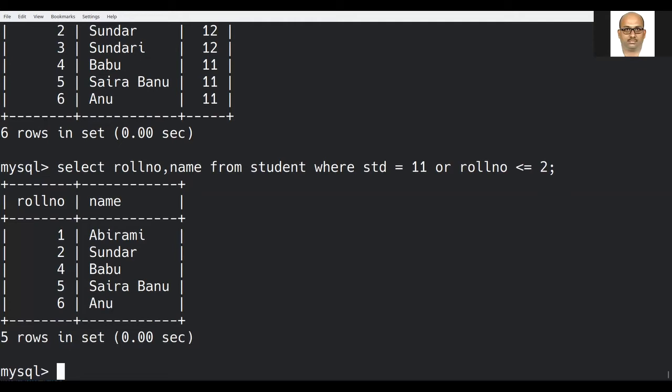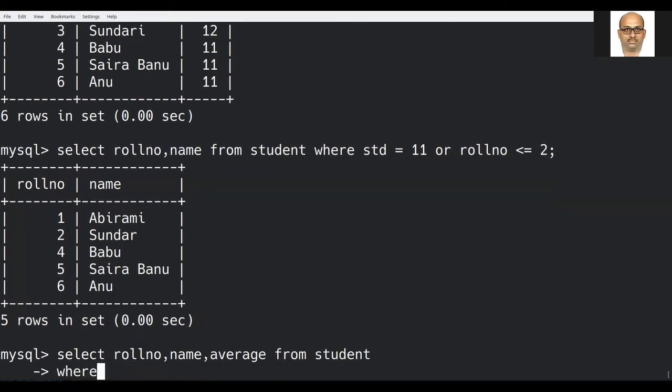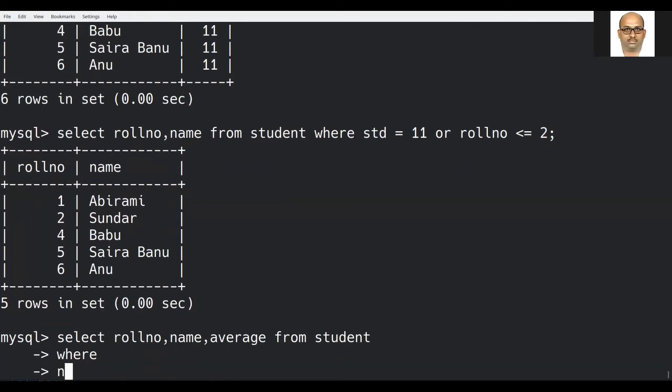Now let us try to select roll number, name, average from student where name in Abhirami, Saira Banu.